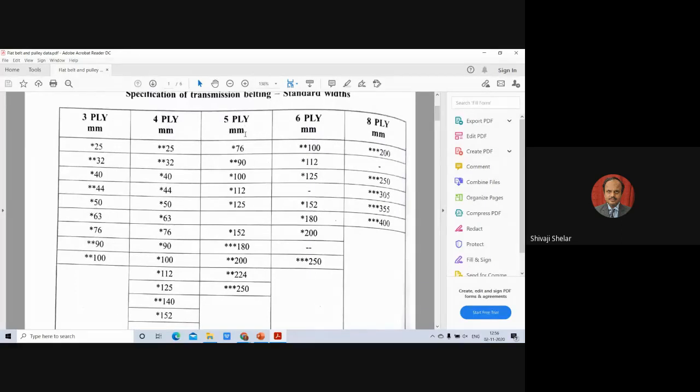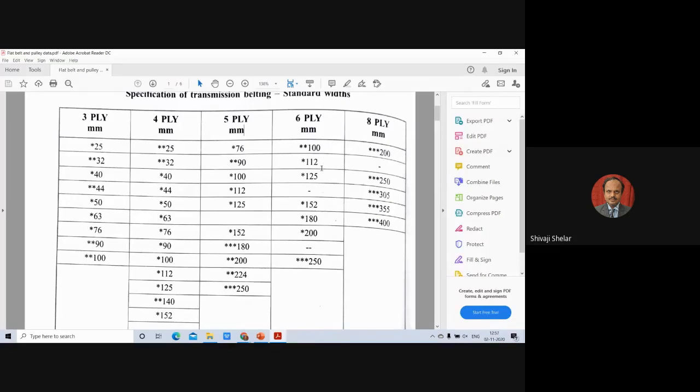Next, we can go either for a 5-ply system or a 6-ply system. If I use a 5-ply system, you require a width around 125 to 150, which is available in high-speed as well as in the other type. So we can go for the 5-ply system or the 6-ply system. Okay, so there is a choice available. Normally, you should not select choices on the extreme side. Instead of that, you should go from 3 to 4, or 4 to 5, or 5 to 6. Even in this case, we are slightly going to the bottom side here. So let's go with a 6-ply system.